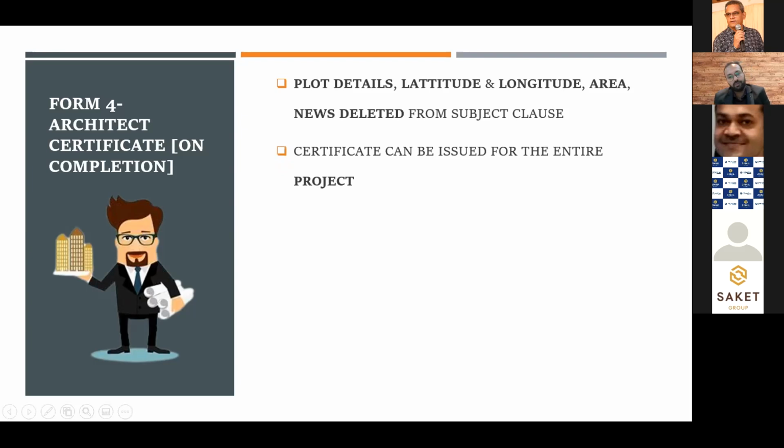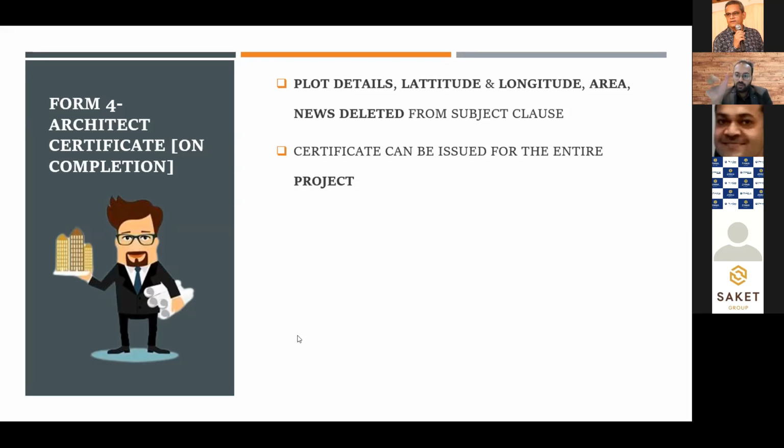Certificate can be issued for the entire project. Yes, the project architect, on completion also, can issue the entire completion certificate that the whole project is complete, not building-wise. Is it so, can be or should be, must be? No, it can be, because there are 4 buildings, then he can issue for 2 buildings also. See here, they have given very well: certifying the completion of construction work of the project name having MahaRERA number. And on that particular project there are 4 buildings.